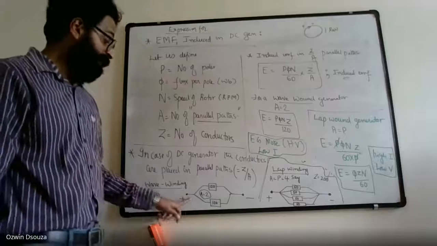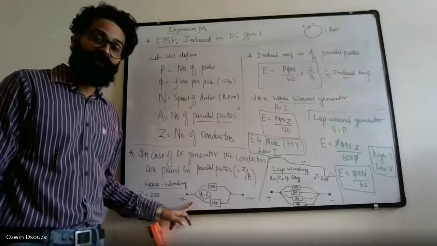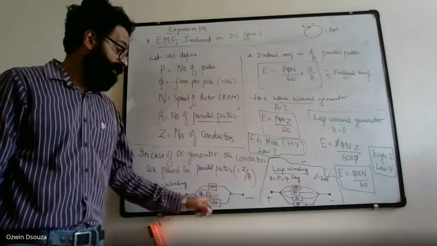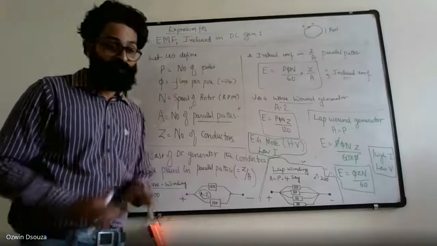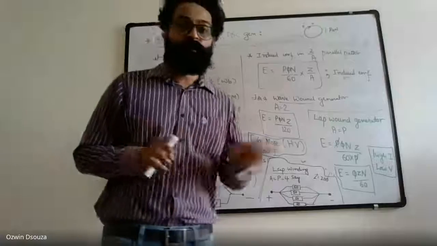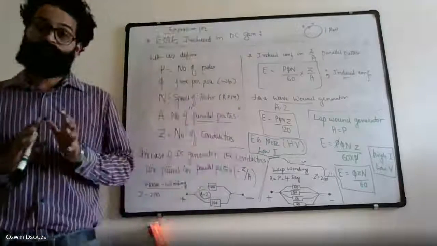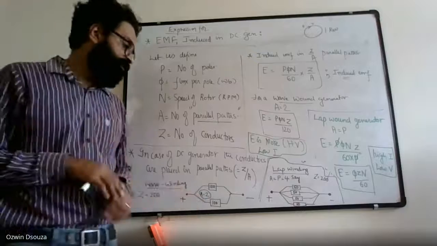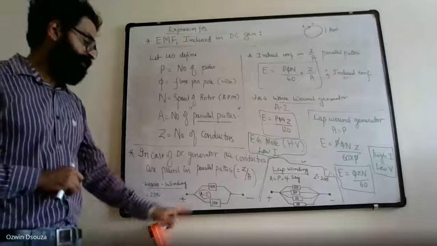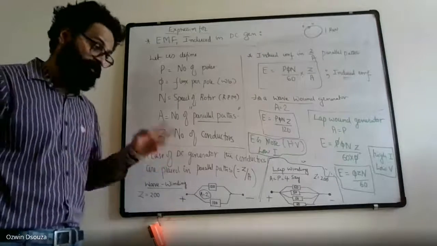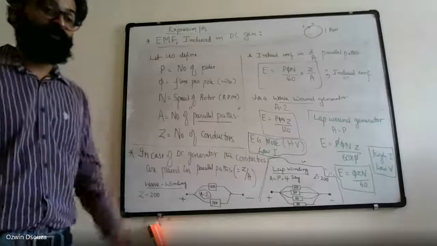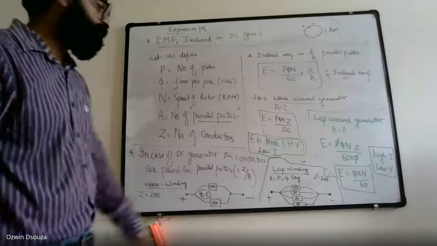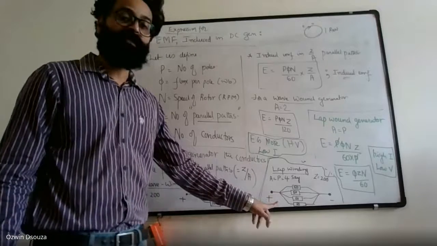Let's say, for example, you have an incoming current of 100 amperes. Each of the two parallel paths would receive 50 amperes and 50 amperes. So that means the diversion path is the only reason the high current can flow. You should see to it that it is not subjected to high currents because you cannot divide the current into multiple parallel paths. Now, if you consider lap winding and the main current as 100 amperes,